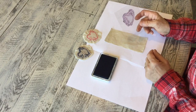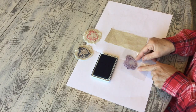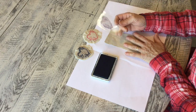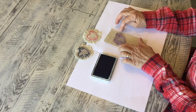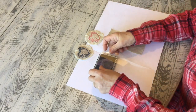So the first thing you're going to find is your stamp. I'm using one of my IOD stamps. I think you can see this here. And that's what I'm going to use to stamp my little pin with. And then you need a piece of fabric, and pick whatever color you want, and make sure your stamp is going to fit in there with just a little bit of outside border edge. You can see I did one in red and one in blue, but I'm going to do this one in blue